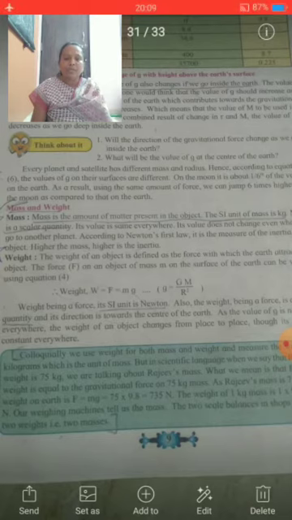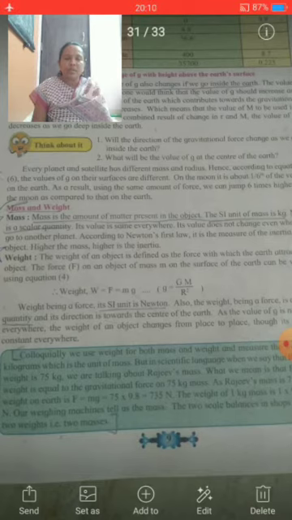Whenever an object moves under the influence of the force of gravity alone, that means now on this stone only gravitational force is acting, it is said to be falling freely. That means when the object is in free fall, only gravitational force is acting on that object, no other force is acting on it. At that time it is called falling freely. Thus the released stone is in a free fall.